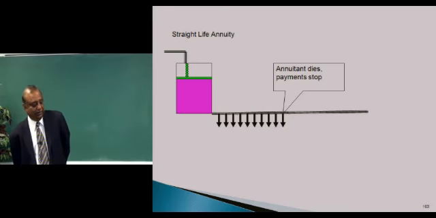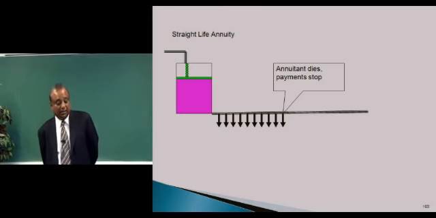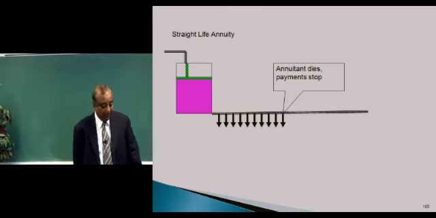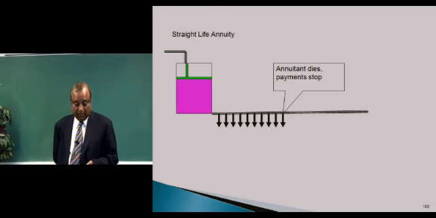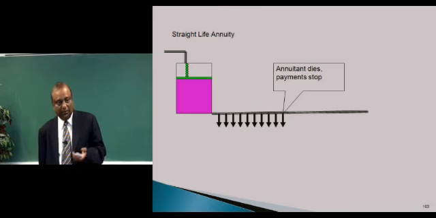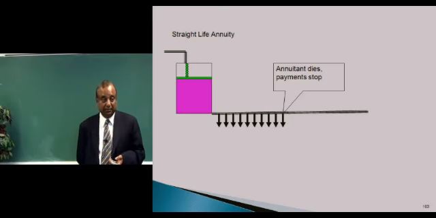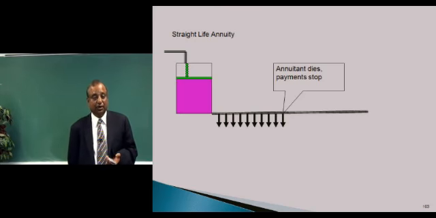So it's like pure insurance, right? You pay to the pool, and the pool uses the money of the people who die sooner to serve people who live long. Now the straight life annuity is the kind of annuity that will pay the biggest sum of money for any amount of money. Now if you're getting a pension from a company where you work, how do you think the pension annuity is paid to you? The pension funds that accrue to your account are used to buy a straight life annuity if you're a single person. And the payments you receive from this annuity are the pension you receive from the company.